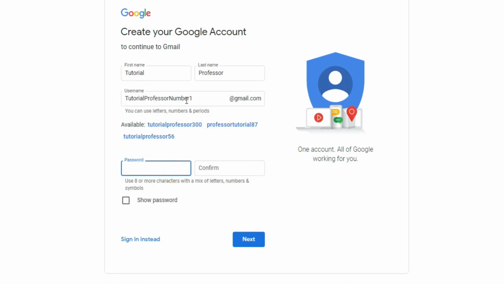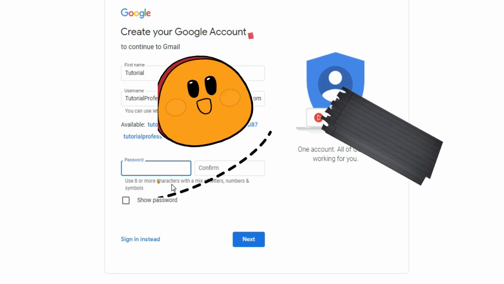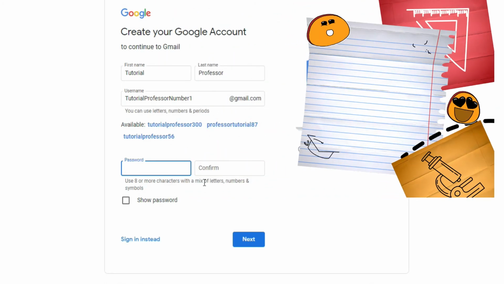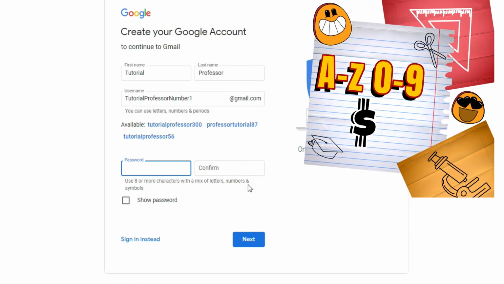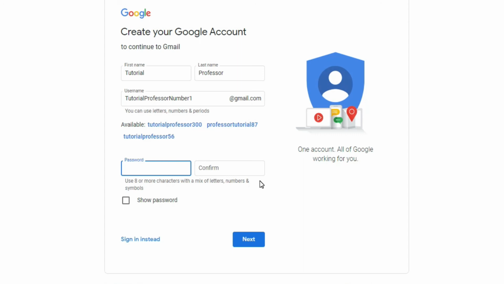Tutorial professor number 1. Now I will enter a password. Now it tells me that you must come up with a password that is 8 or more characters with a mix of letters, numbers, and symbols. Symbols like dollar signs and stuff like that. Okay, so now always keep in mind that your password should be a word that is not already part of your username,